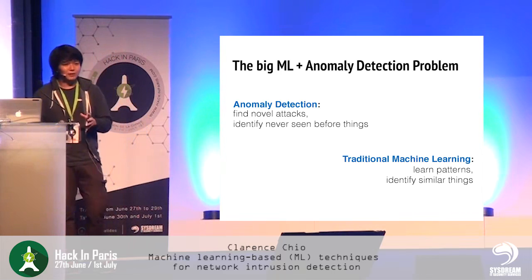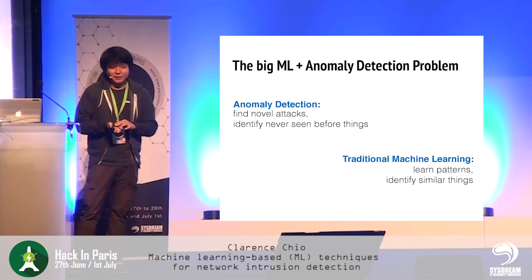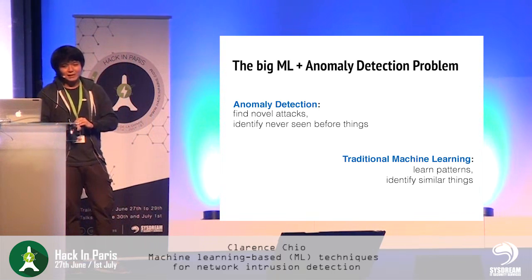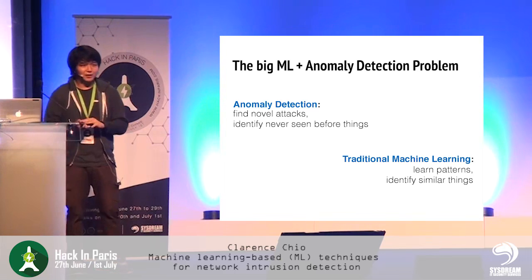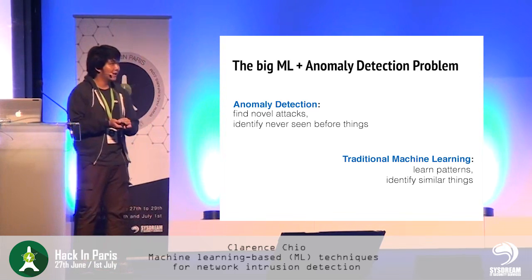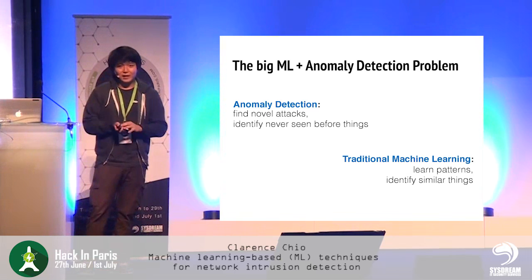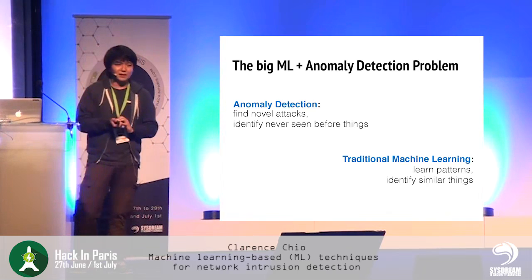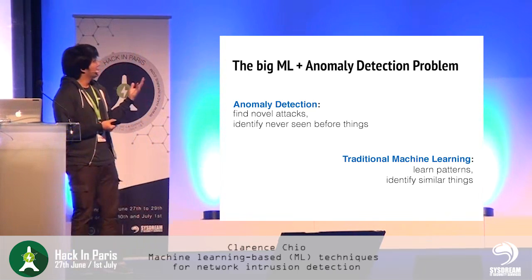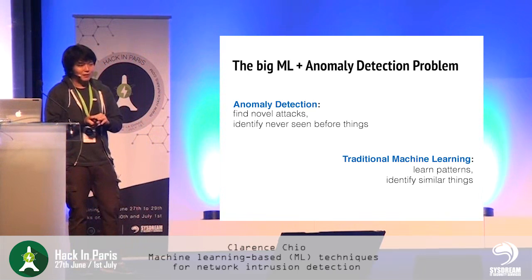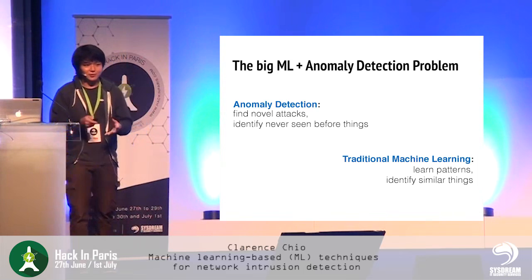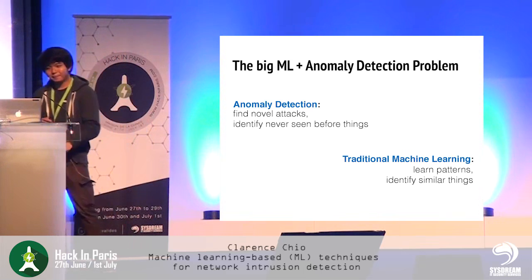Anomaly detection, however, is a whole different class of problem. It might seem similar at first glance, but when you think about the complications around this problem, you're actually trying to find novel attacks. You're trying to teach a machine to understand things that it has never seen before. And you want it to alert you when something it's never seen before comes up. So these are two different classes of problems, and statistically, there are a lot of interesting theorems around why they're not the same and why you cannot just use standard classifiers to do anomaly detection, even though there's a lot of companies that promise to do things like that.